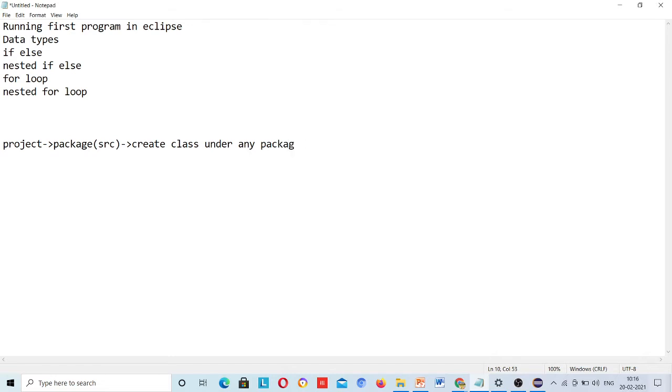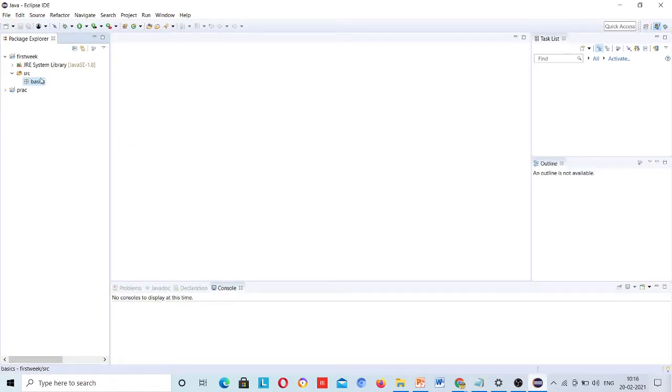So that it's easy to find the classes related to code. Suppose tomorrow you are going to design a login module, so you will have a login package. We say that modules come under packages. Don't be confused, we are just starting, so this is a starting explanation. Once you start practicing, you will understand on your own.